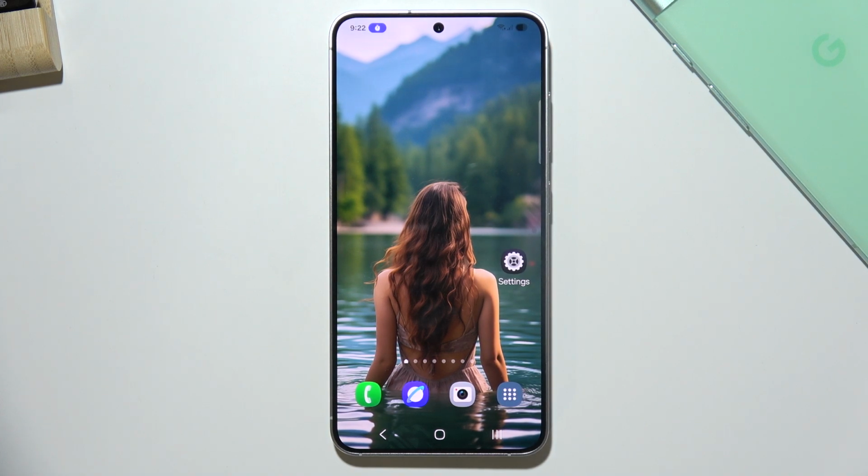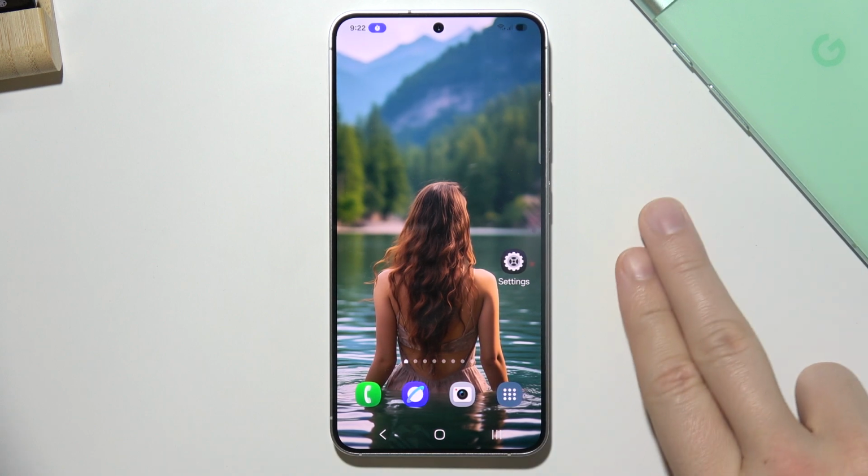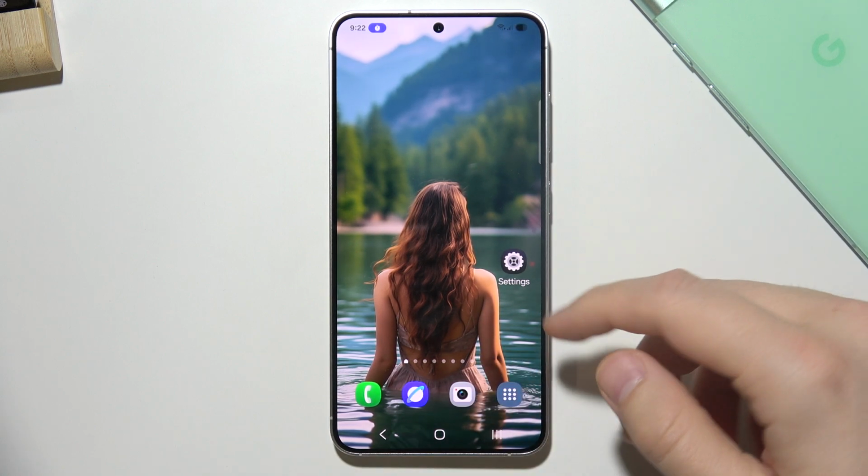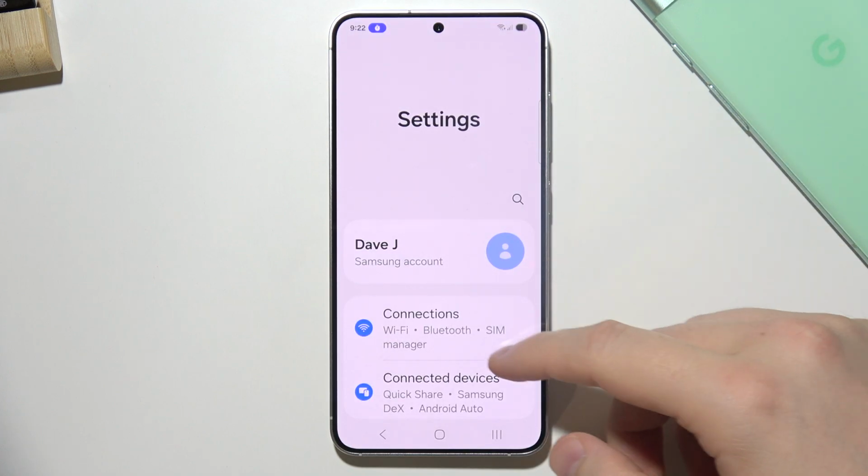Hey, if you are wondering if you can change text bubble color on a Samsung S25, then the answer is nope, you actually cannot do this right now. They actually removed this function from Samsung, and the only thing that you can actually change right now is to